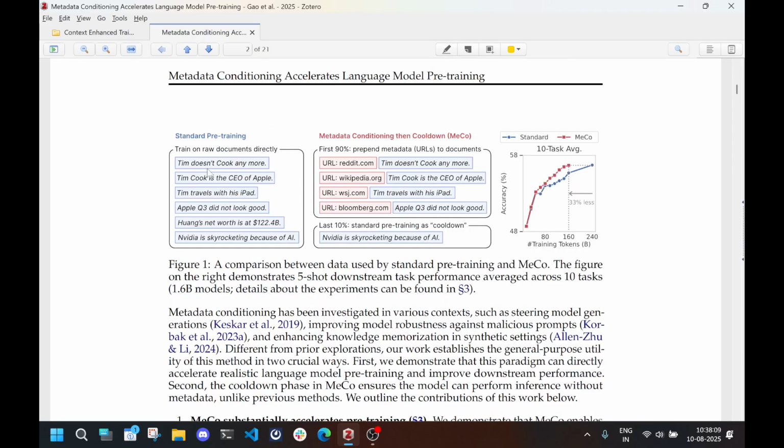So this is Figure 1. You have all of these documents. If you were to directly train on them, that would be standard pre-training. In metadata conditioning then cooldown, MeCo, you first prepend the URL for 90% of training, and then in the last 10% you train on the documents directly. And what they show is that standard versus MeCo, the best performance of standard is achieved with 33% less